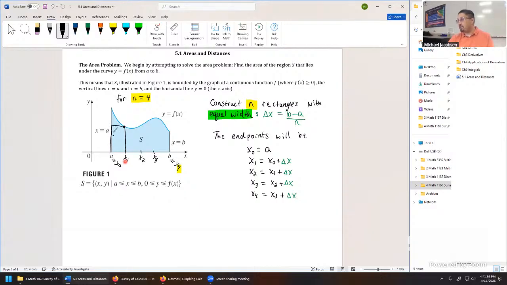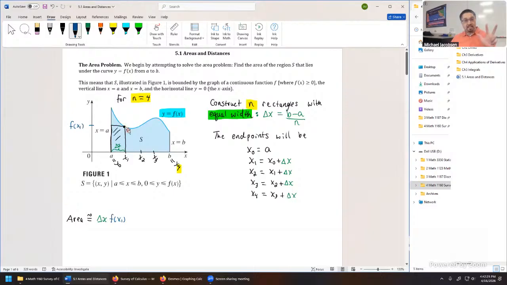So here's our very first approximated rectangle to the area S. And the height of that curve, that's just the function value, f at x1. So we have a height. We in fact have a width. I forgot to put that back. The width of this rectangle here to here is delta x. So if you have a width, delta x, and you have a height, f of x1, we can come up with that area. So let's start writing this down. Area is going to be approximately equal to, take delta x, multiply it by f at x1,